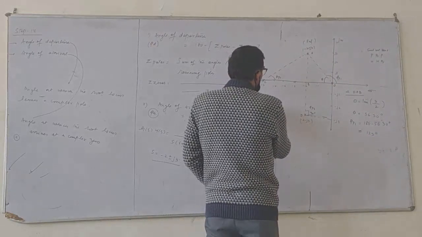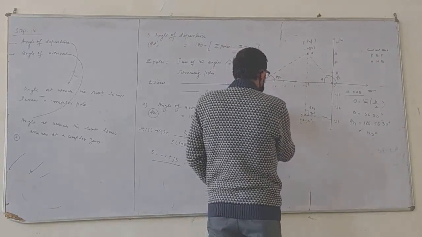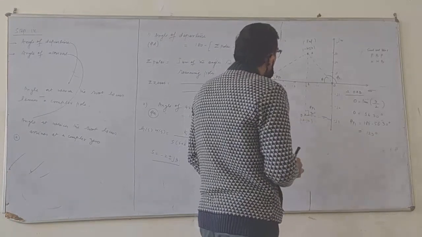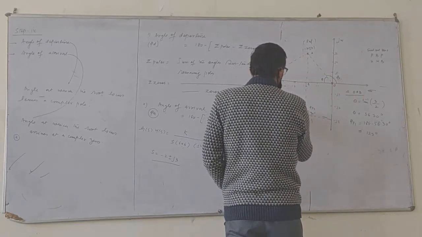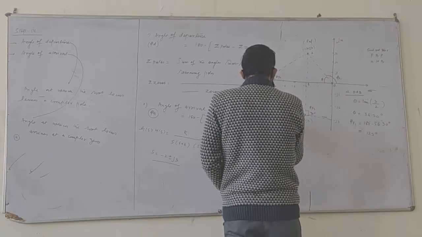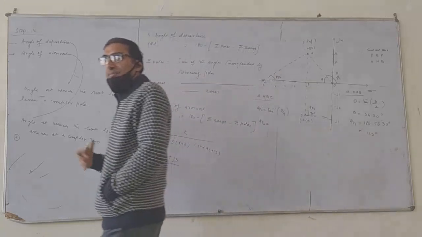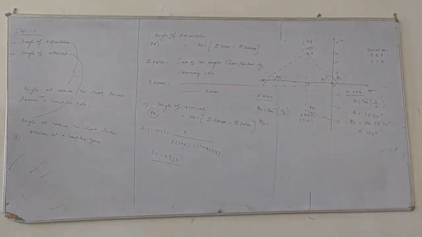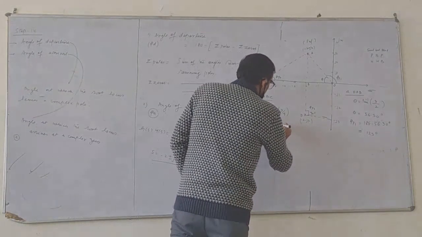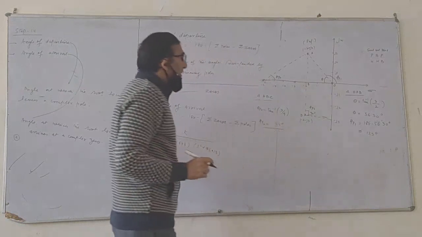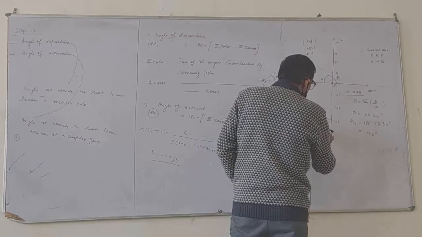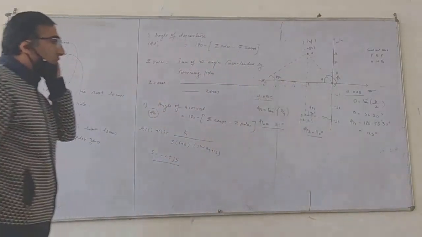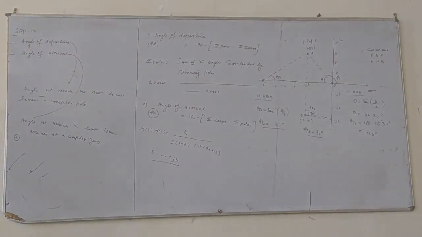So here phi P2 will be tan inverse of, this is again the perpendicular. The perpendicular is not going to change, that is 3. What is the base? 4. Phi P2, what is this? Tan inverse 3 by 4? Approximately 37 degrees. So phi P1 we have got, and similarly here phi P3 we don't need to calculate, it's a 90 degree angle. Phi P1 is 123, phi P2 is 37 degrees, by using the geometry.